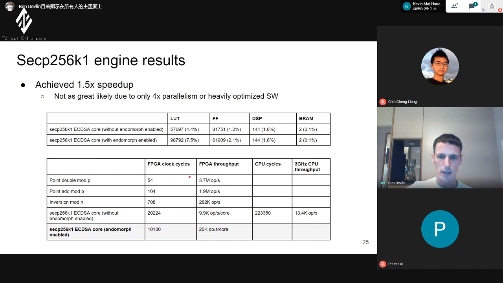But you can see when we added the endomorphism, we doubled our performance. Even though the multiplier at the very basic level is just 1, because of our equations and parallel operation, it can use the idle clock cycles without really impacting the performance. And also, if this was important, you could implement multiple cores to get higher performance. But we just have 1.